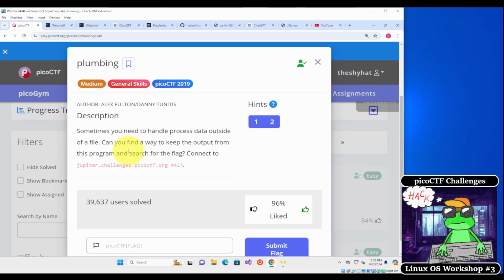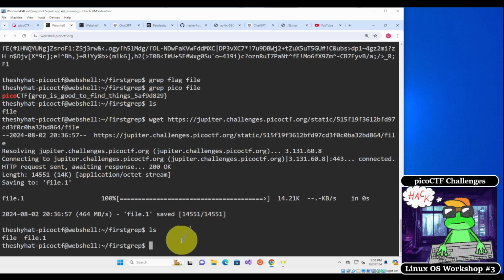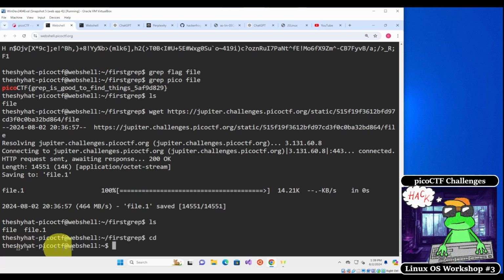So this is the plumbing challenge. Before we do the plumbing challenge, we need to create a directory for it. Actually, we don't, but I would like you to get some practice creating directories, okay? So what we need to do is cd by itself and then enter, and then we're going to go to our home directory. And then next, we're going to use the mkdir command. So make directory, space,